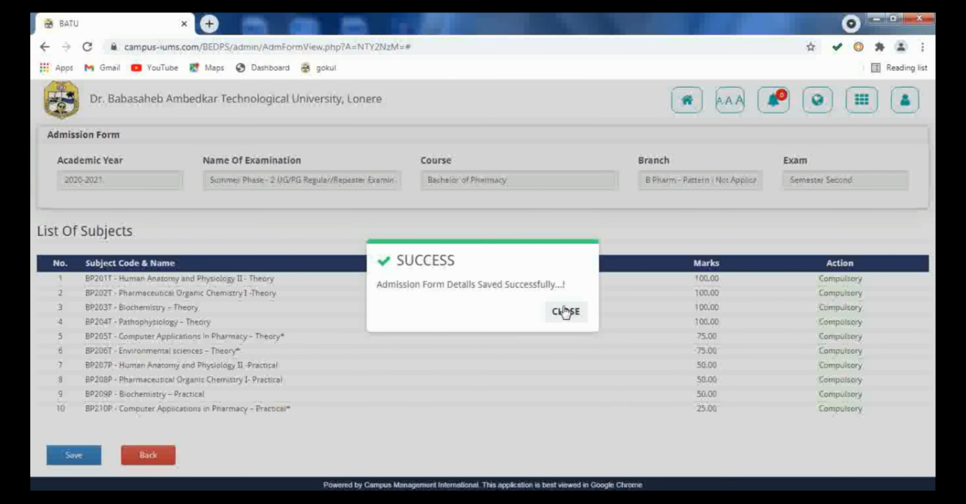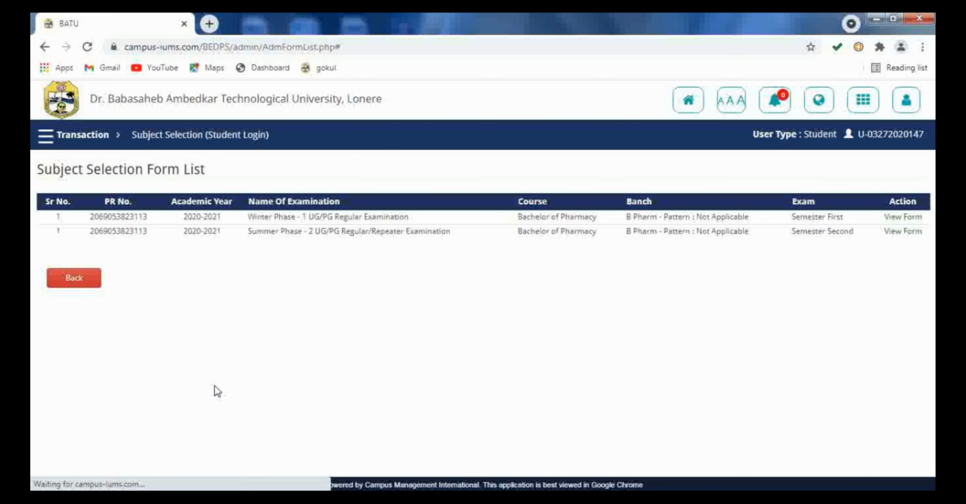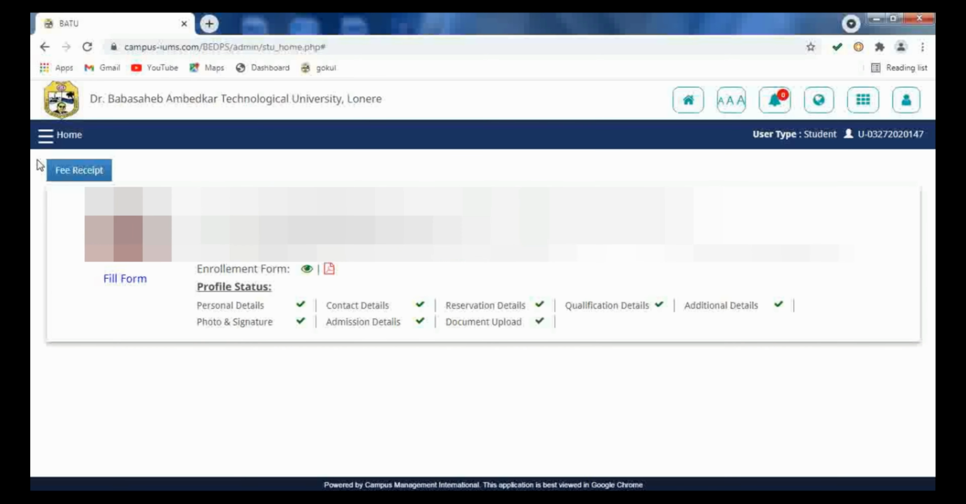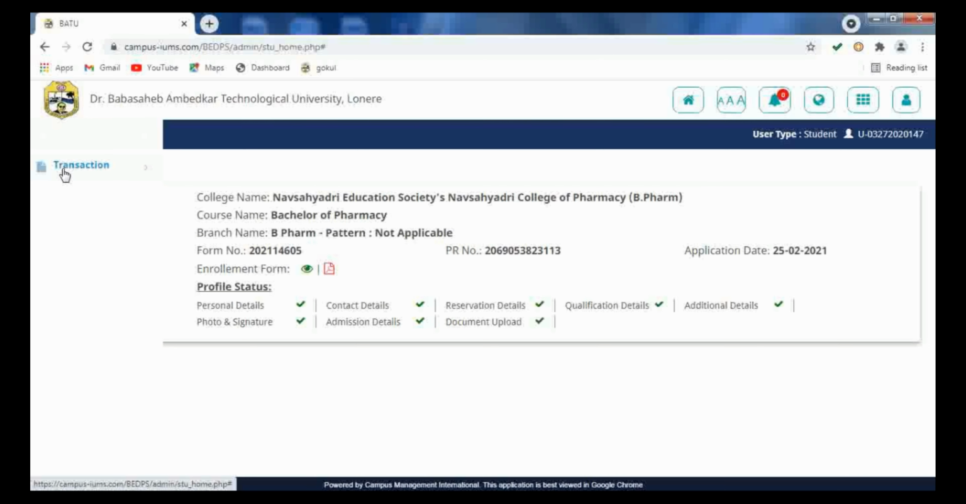After verifying these subjects, click on save button. So here admission form details saved successfully. Then you have to close, go back. Then you have to wait for your approval of this subject selection from institute. So when your form will get approved by the institute, you will observe the payment option